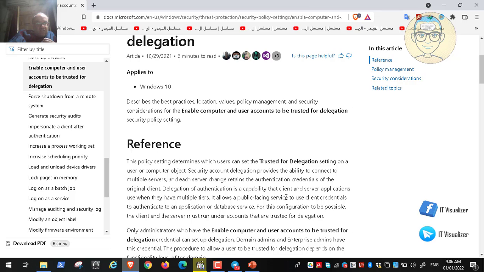It allows public-facing services to use client credentials to authenticate to an application or database service. For this configuration to be possible, the client and server must run under accounts that are trusted for delegation. Anyway, it's saying that you can delegate your rights to other users. Okay, this is one thing we need to take into consideration.